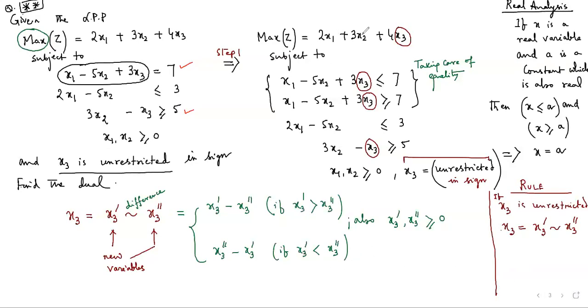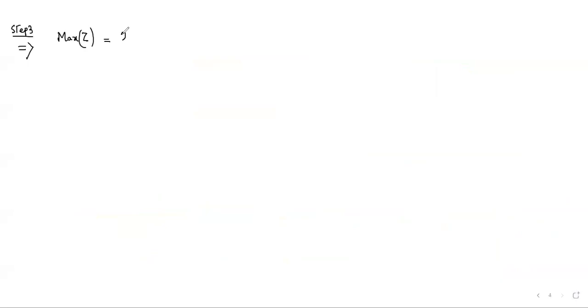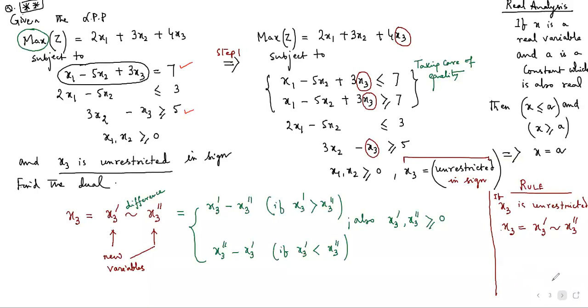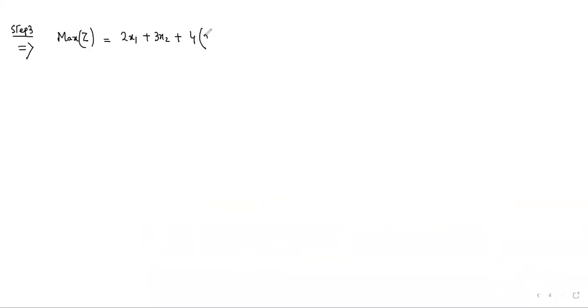Okay. So, step number 3. We write max z equals 2x1 plus 3x2, and in place of x3, we are going to write 4x3 prime minus x3 double prime, assuming that x3 prime is greater than x3 double prime. This is my assumption without loss of generality. Subject to,